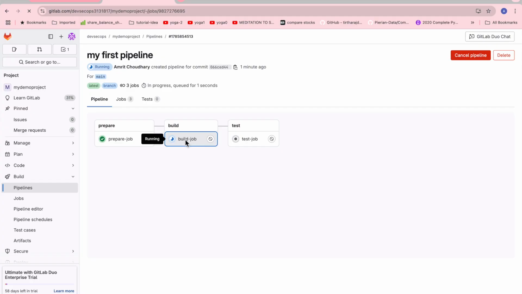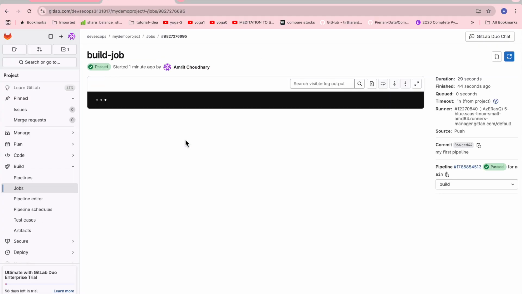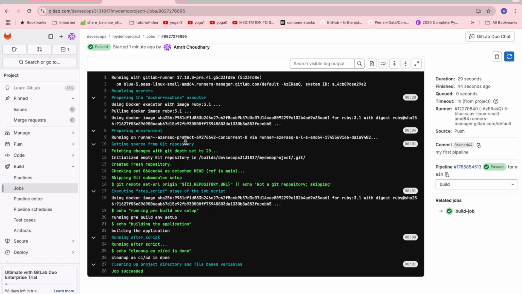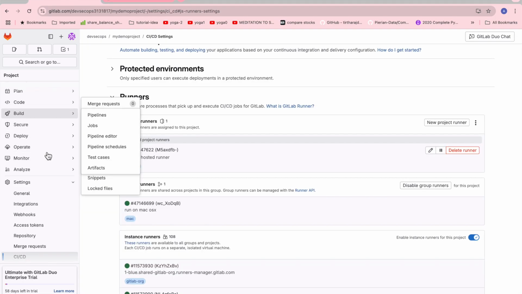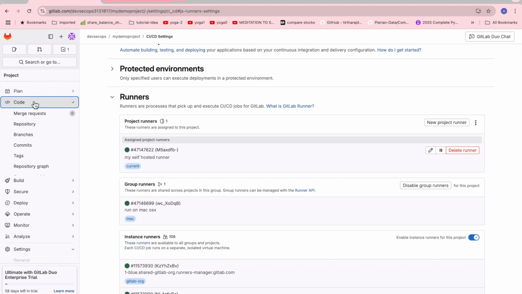And now this stage, the build section, you'll see again here it has done the same things, like downloaded the GitHub repository and is running on this agent, or you can say the runner, and it has echoed the lines which we printed, like running pre-environment setup, running pre-build environment setup, and then this is the building application. So you just need to note here, if you go to code,